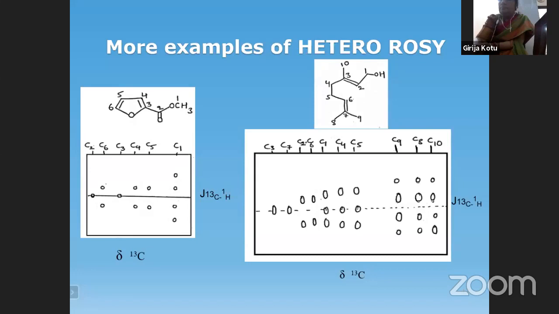And on the top, what I have shown is the proton decoupled C13 NMR. All single lines, what I'm representing, is the proton decoupled C13 NMR. So always in 2D NMR, as a reference, as I said, we are going to show the conventional 1D NMR. Since it is HETCOR, the conventional NMR we have to represent is C13 NMR, and we are showing only the decoupled. We are not showing the coupled spectrum.